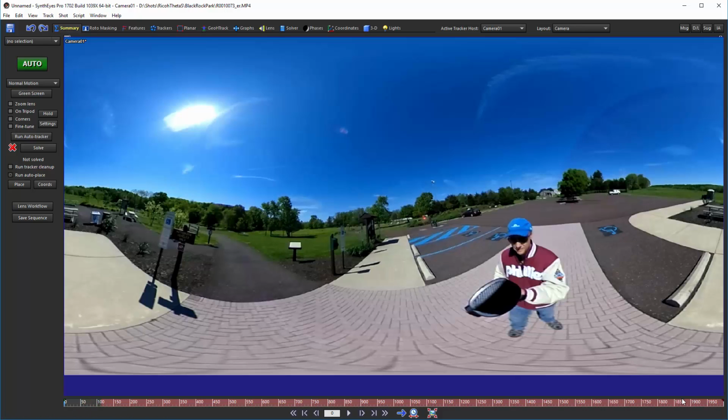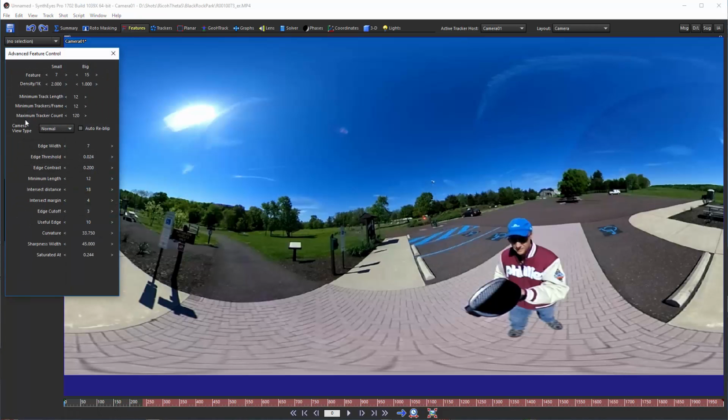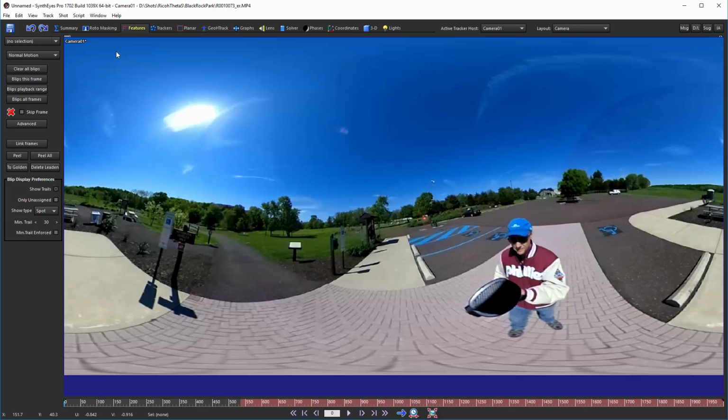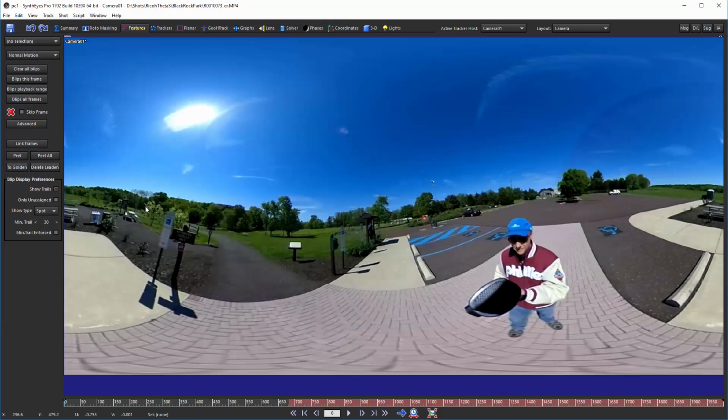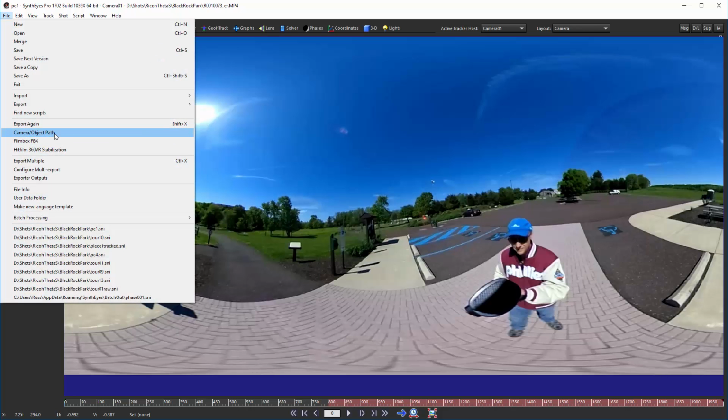So here we've got the first 2000 frames of the shot, and now we'll make whatever adjustments we want to make for the processing of it. We'll do that now so that we don't have to do it for each individual file. And we'll increase the number of trackers per frame because it's a 360 VR shot. You also want to set the file name, and the file name should have a number. Here we go with piece 1, and we're going to get piece 2, piece 3, and so on in due time. Similarly, we're going to do an initial export,